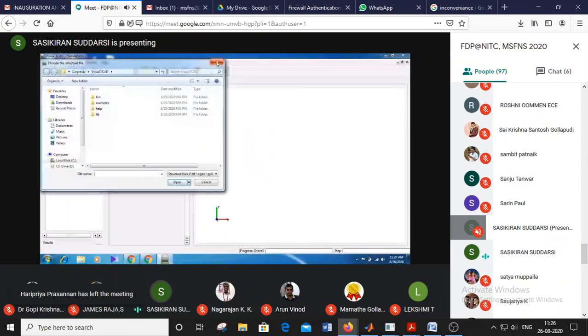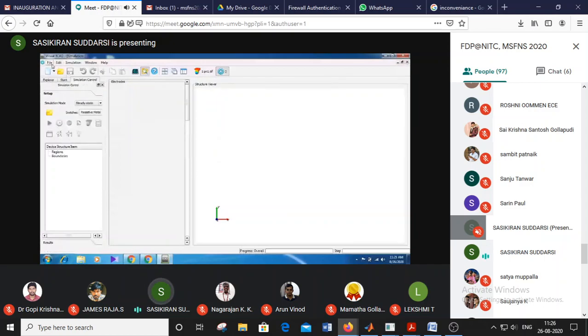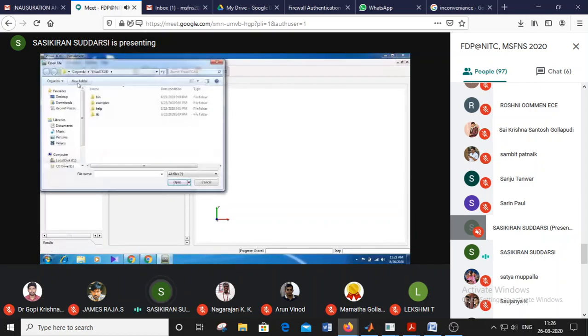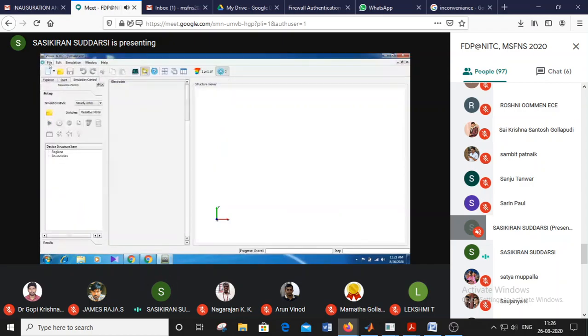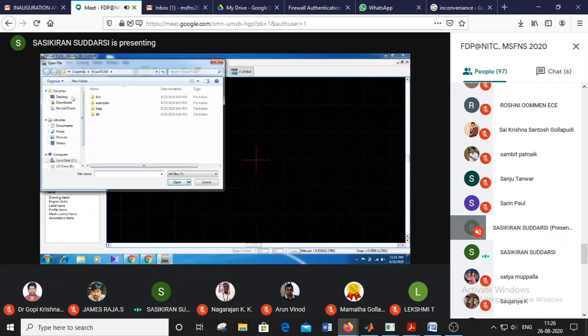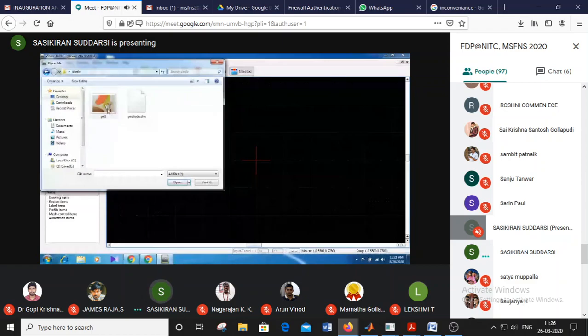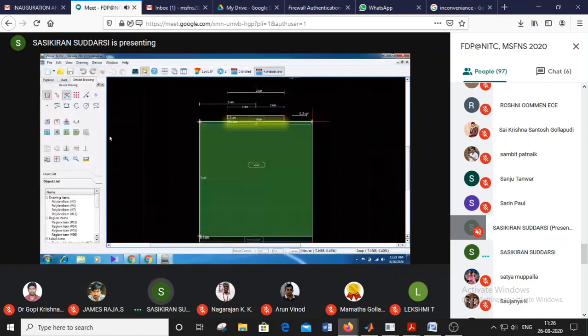We'll again do the mesh and save. File, open, open that file, device drawing. So this is our original structure, the PN junction diode.